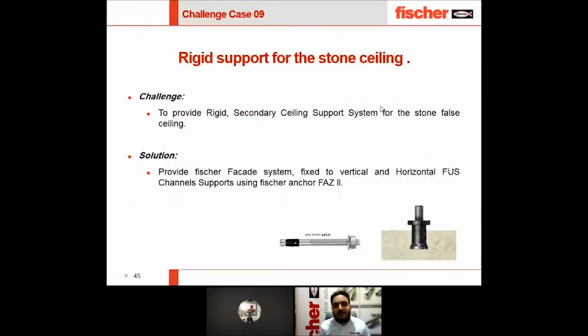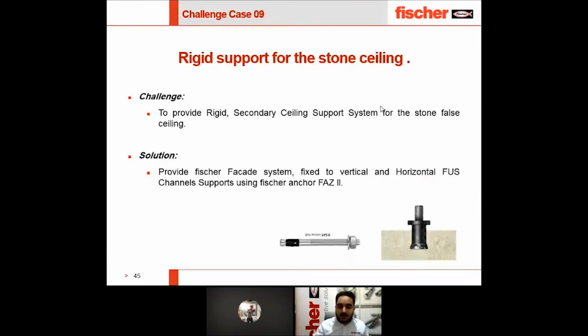Also, finally, we have a case for stone cladding. We have a particular and special area based on a special requirement from the consultant for Riyadh Metro. He needed a stone ceiling. So for this special requirement, we provided an innovative solution using 2 systems from our side, two systems from Fischer side. This is the ACT facade system and the installation system